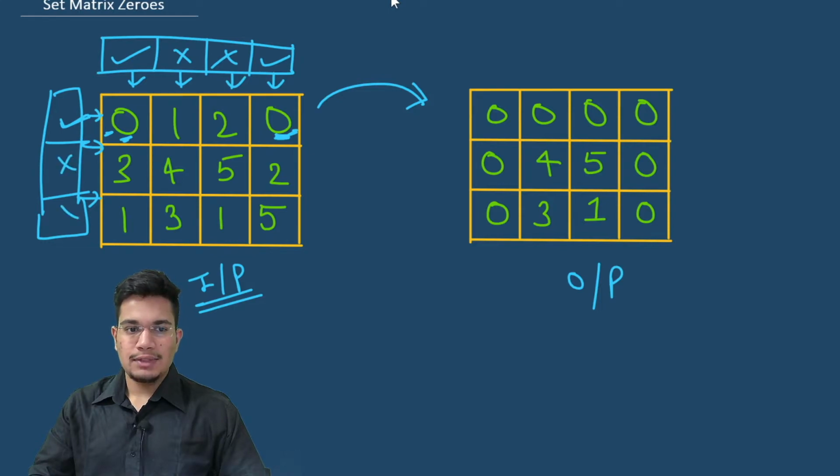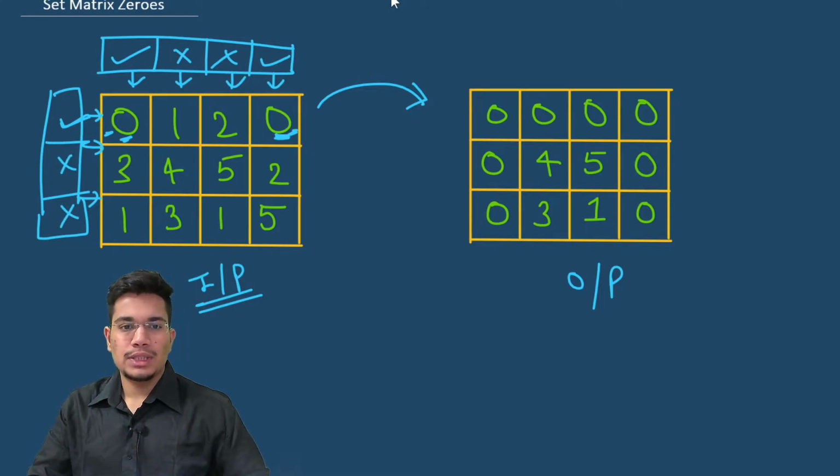And what this means is we have just used two more arrays and we know every information that we wanted. So finally I'll basically iterate over all the elements once again, and for every index, for example for this particular index, all I need to do is check for this column and this row. So if any of these is marked as true, I can simply change this to a 0.